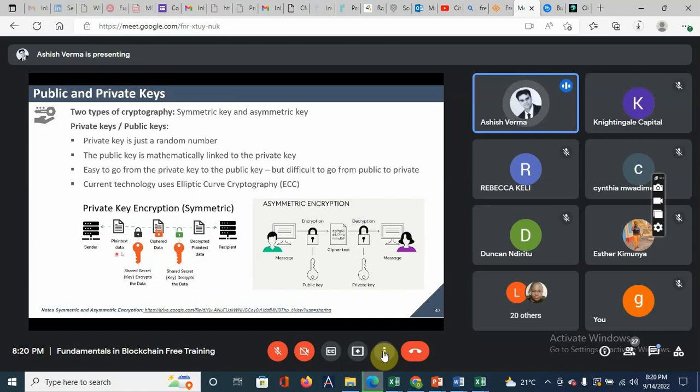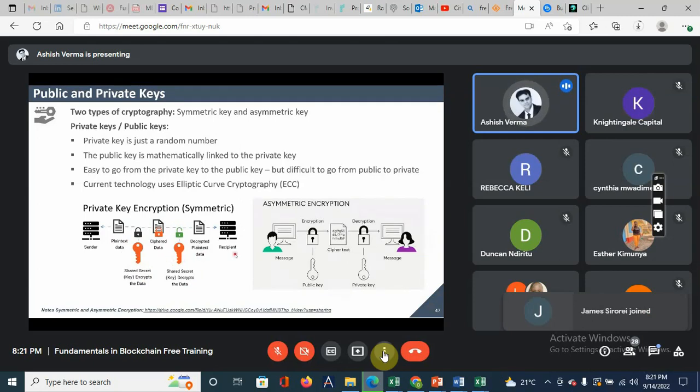Then he understands the message. If the message I sent is going somewhere else and any hacker is in between and wants to see this data, they cannot see it unless they have possession of the key. In this case, the key is shared by one person with the other. The case where encryption and decryption are done with the same key is known as symmetric encryption. Why symmetric? Because we are using a similar key.